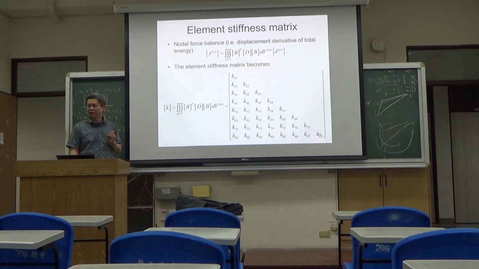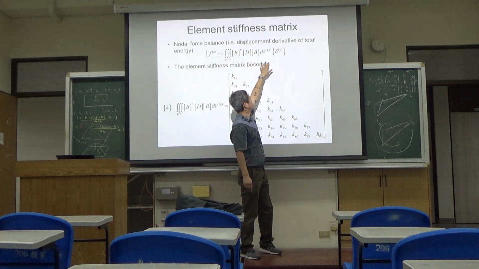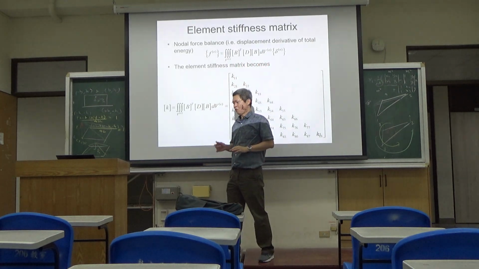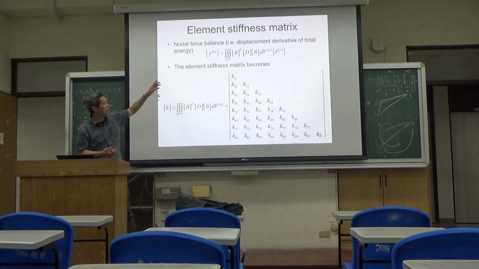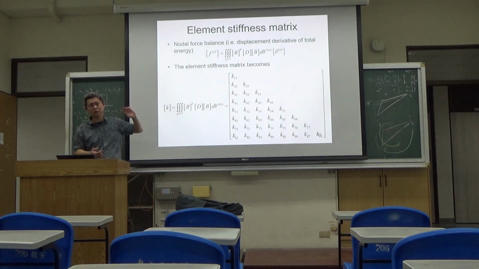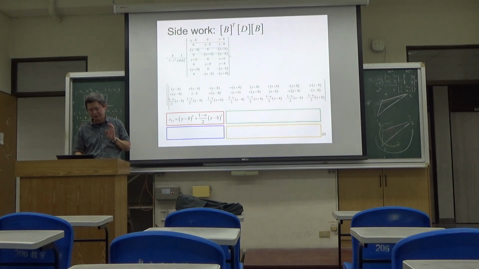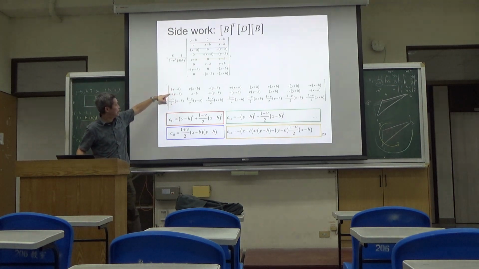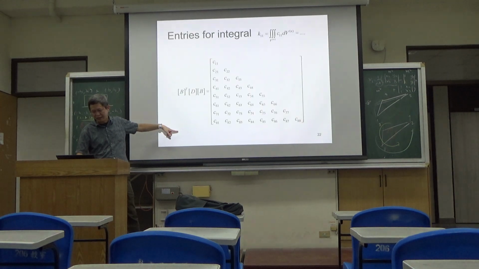You now need to do the integration of B transpose D B with respect to the coordinate x and y. 所以这个式子为什么会难？难在它的积分的函数，它是属于空间变化。So in this case, if you want to do that integration, your expression is going to be complicated because every coefficient is a function of coordinate. Okay? Then that will